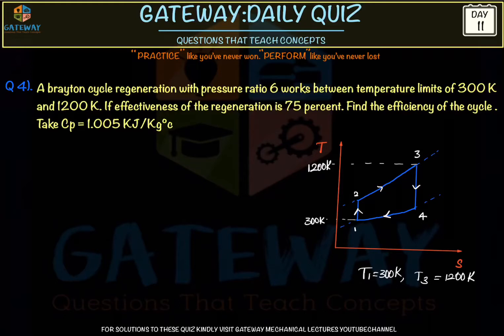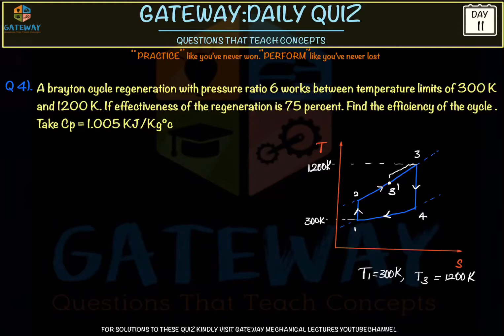Here in the question, the isentropic efficiency of the compressor and turbine was not given. So directly the isentropic efficiency will be taken as 1, and 1 to 2 and 3 to 4 are actual processes for the compressor and turbine respectively. But here it is given that they're using a regenerator with an effectiveness of 75%. I said whenever we are having a regenerator, mark a point 3 dash on the 2 to 3 curve. So the actual heat transfer occurs between 3 dash and 3 in the heat exchanger.